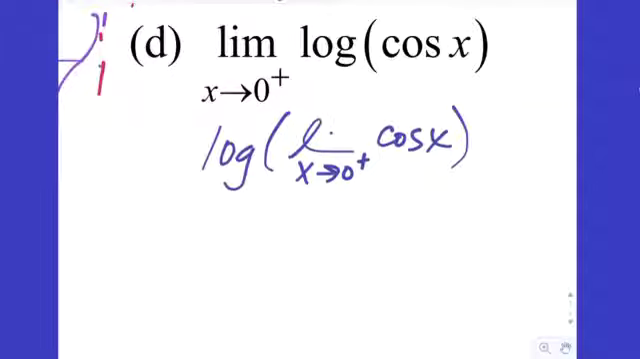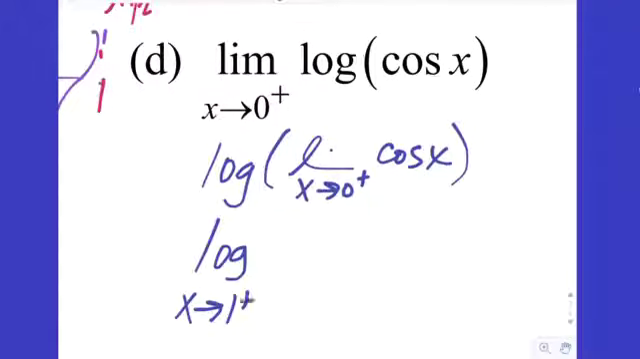Anybody have an answer? What'd you get? 0. You got 0? Anyone else get 0? 0 is the right answer. Very good. You plug in a 0 on the inside, and you get cosine of 0. Cosine of 0 is 1. So now that's the new value that we're approaching, still from the right-hand side on the next layer, which is